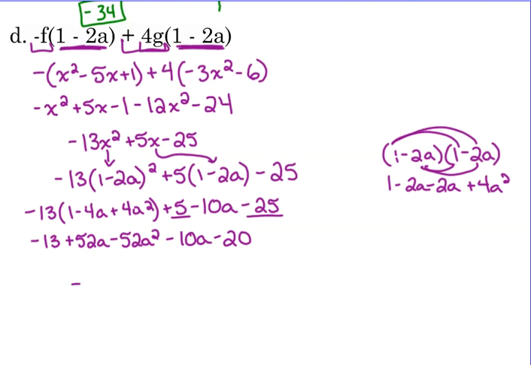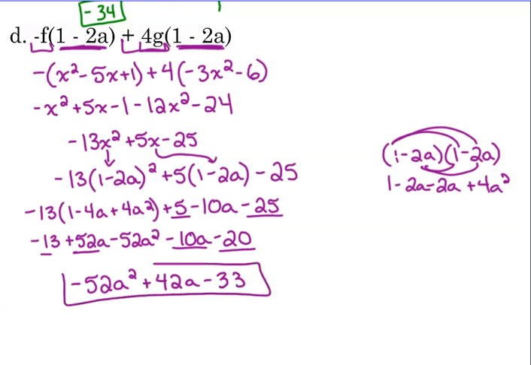And I don't know about you, but I really like everything to be in standard form. I like my highest powered exponent first. Negative 52a squared. 52a minus 10a is 42a. And then negative 13 minus 20 is negative 33. So that one took, obviously,